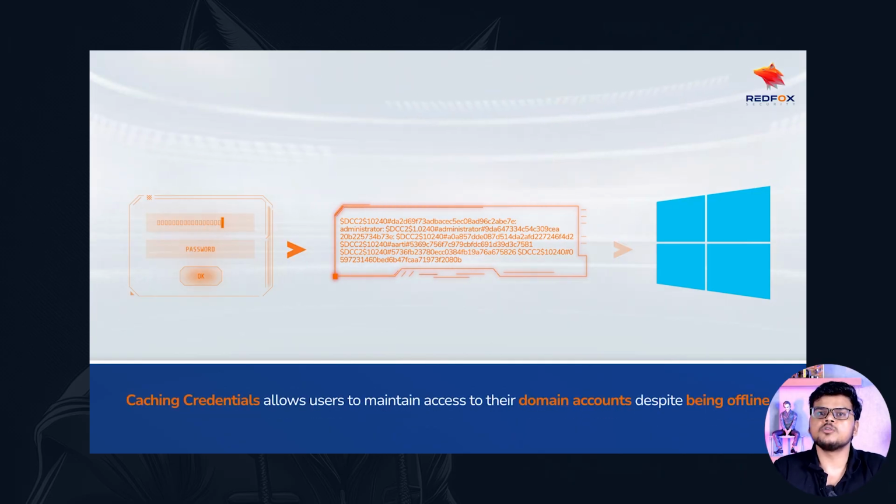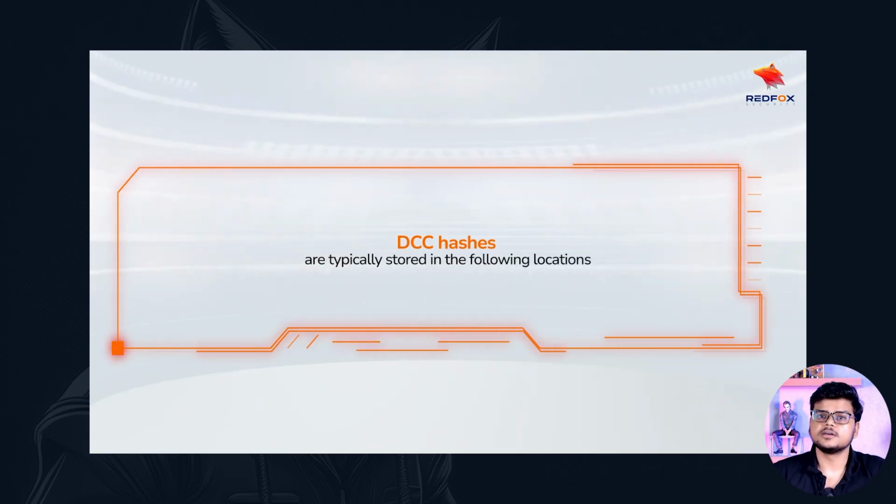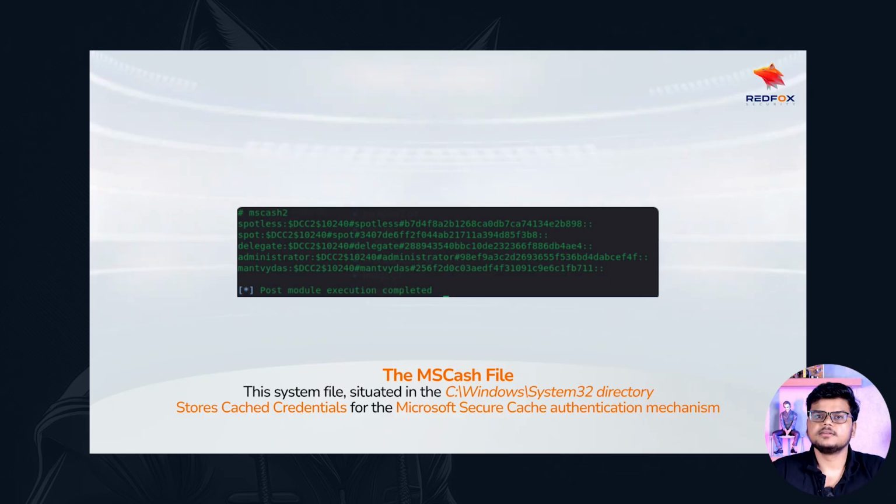Caching credentials allow users to maintain access to their domain accounts despite being offline. DCC hashes are typically stored in the following locations: the Windows registry, where they can be found under a specific key, and the mscache file. This system file, situated in the C:\Windows\System32 directory, stores cached credentials for the Microsoft Secure Cache Authentication